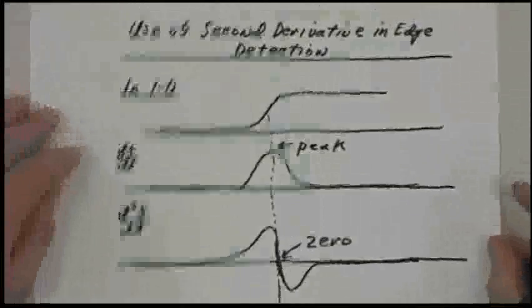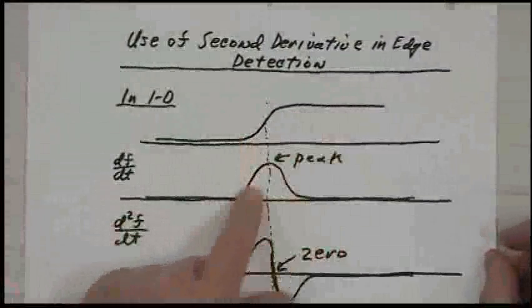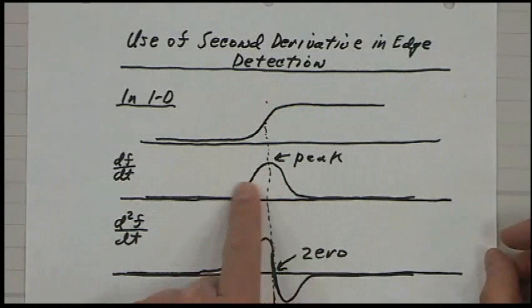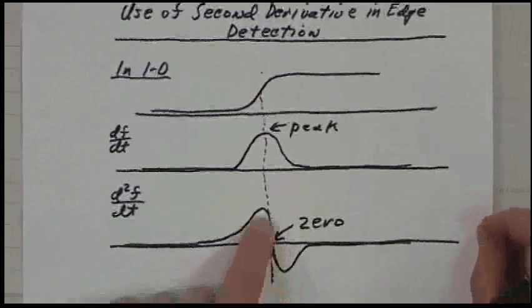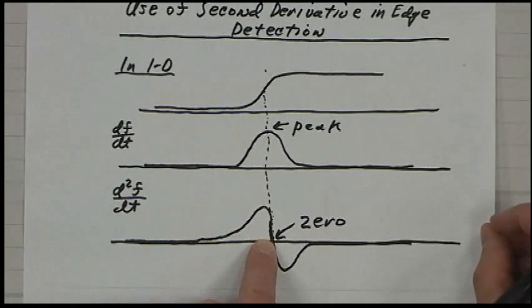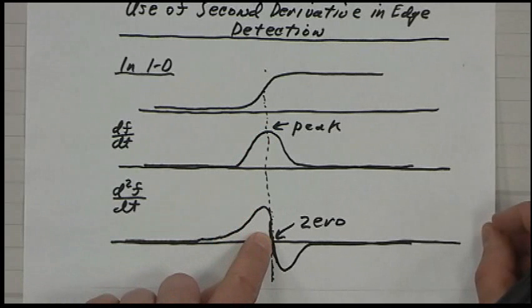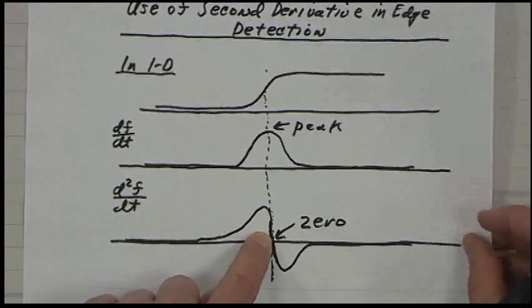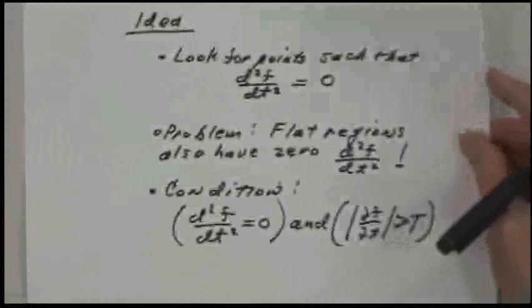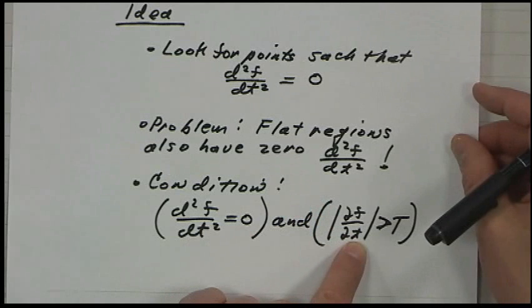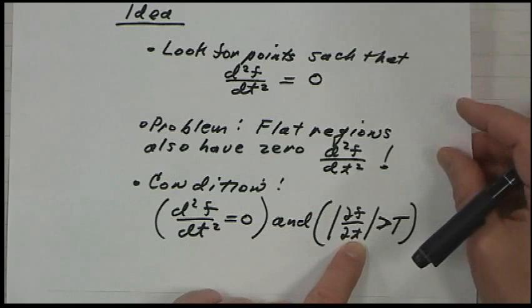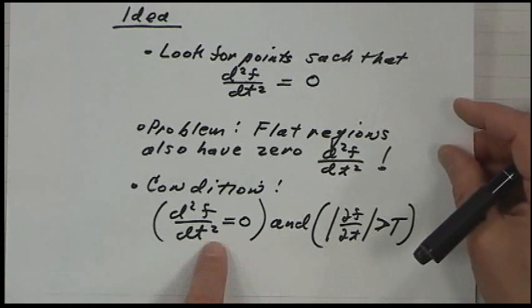So in 2 dimensions, this is a diagram. It shows that you have an edge. You take the derivative. You want to find the peak. If you just set a threshold here, you'd have too broad an edge. So what you do is also take the derivative of this and set it equal to 0. So basically, you have 2 criteria: the criterion that the second derivative is 0, and the criterion that the first derivative is greater than the threshold. If you only have the criterion that the second derivative is 0, then you're going to get a lot of false alarms for edges